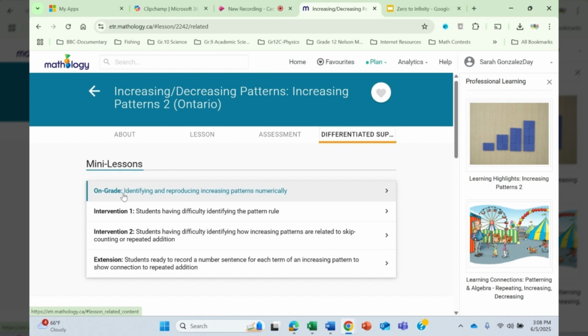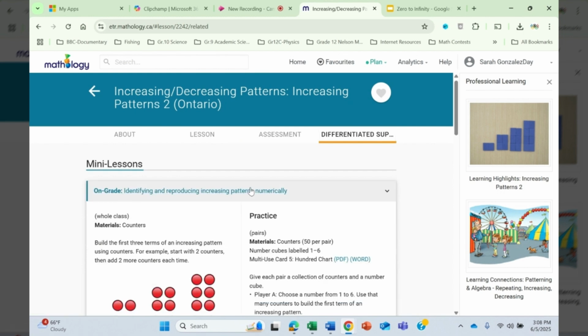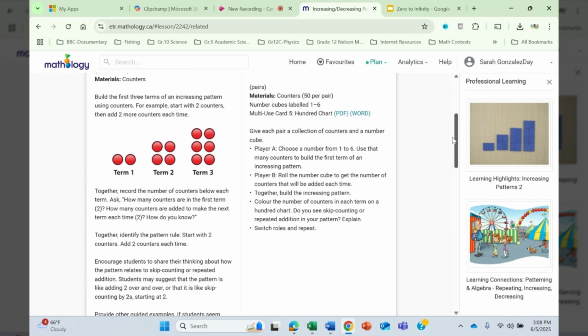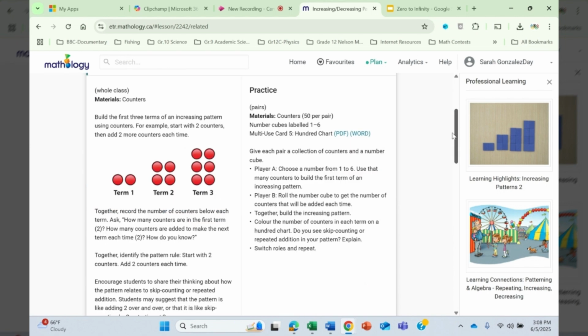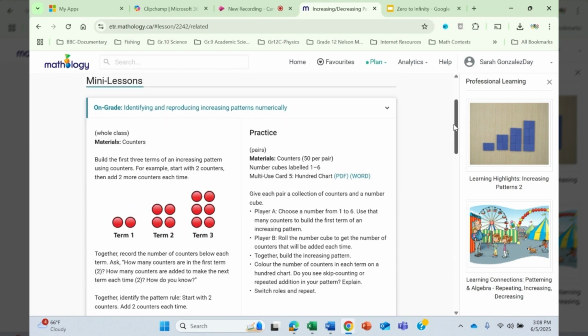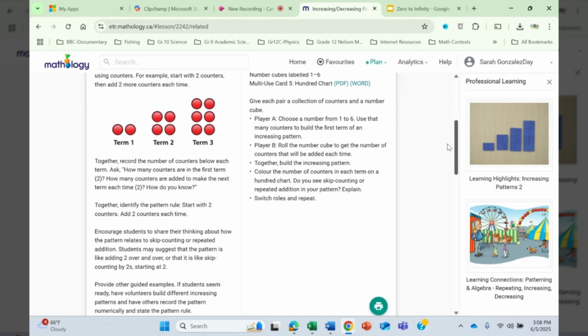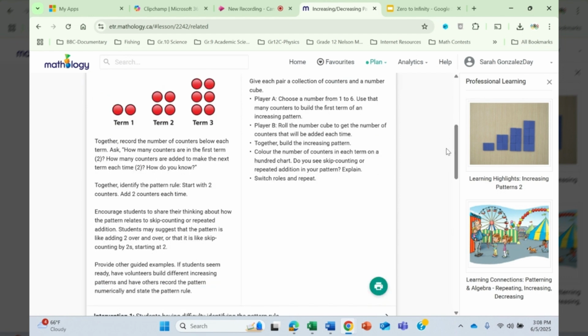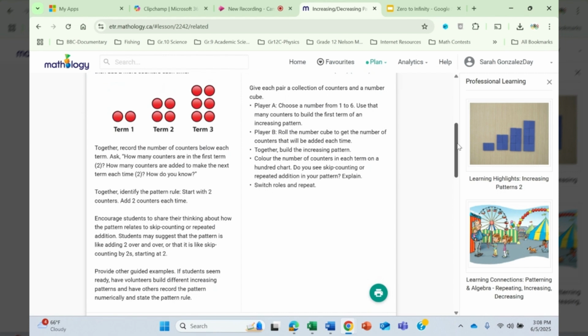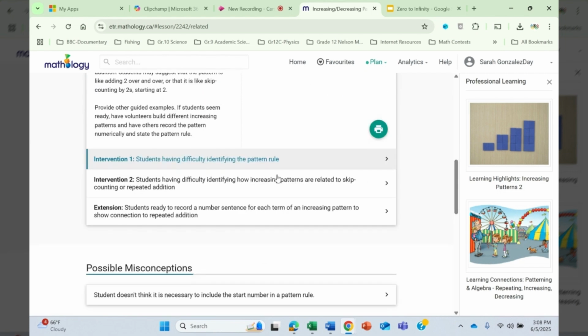So the one that says on grade, this is a good lesson that you can use to have students do while you're working in small groups with the other students. So you can set them up with this activity. It's to be done in pairs. So get them set up, and then while the students are working on that, you're using these mini lessons in